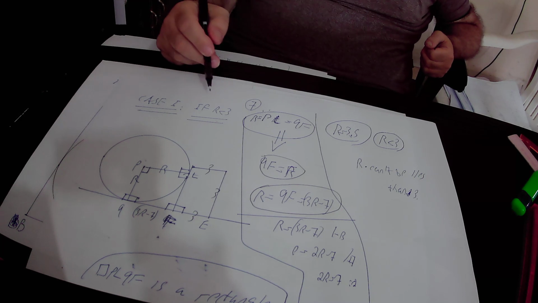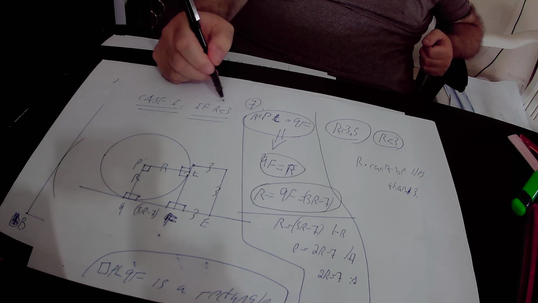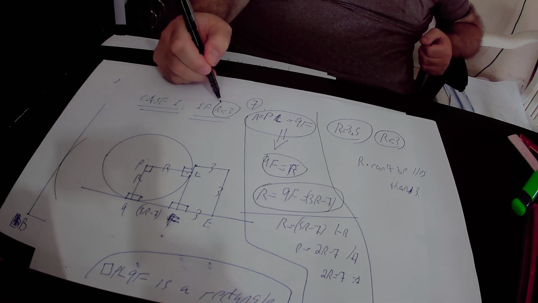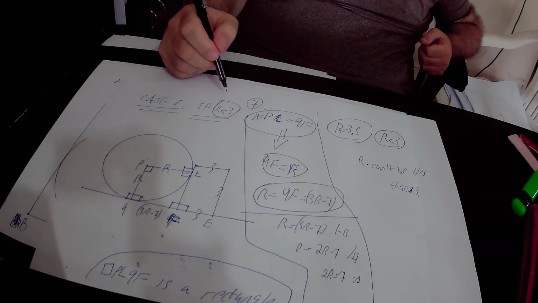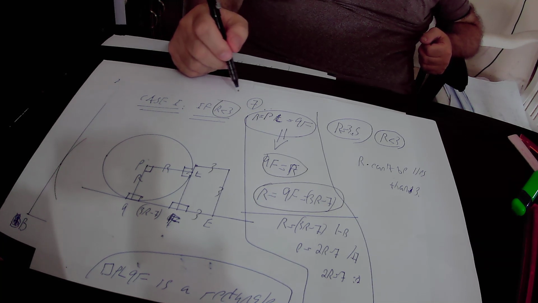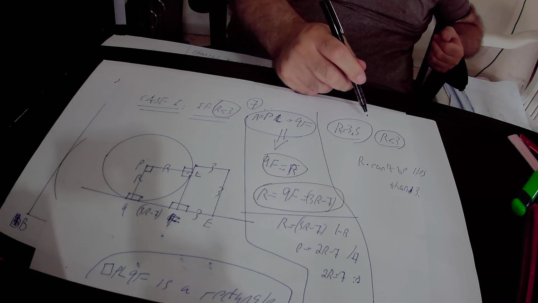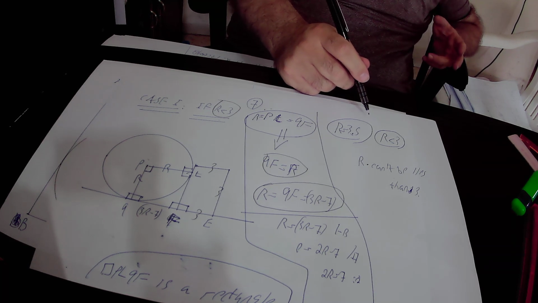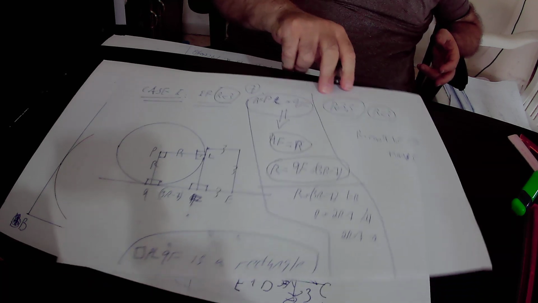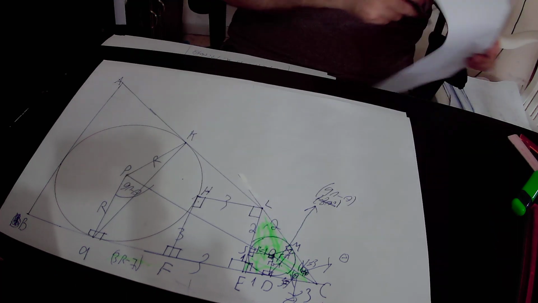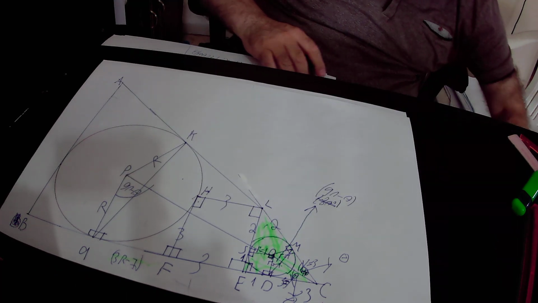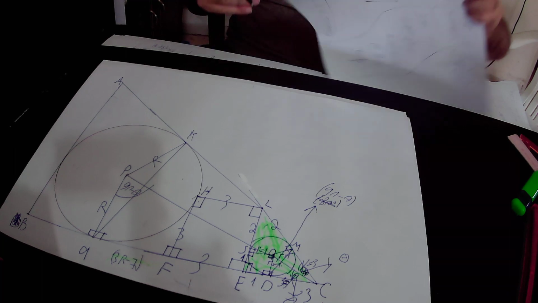But according to our assumption, R is less than 3 units. So R cannot simultaneously be equal to 3.5 units and be less than 3 units. It is a contradiction. Due to the contradiction, we cancel this possibility, that is to say R cannot be less than 3 units. Then we examine the second possibility, that R equals 3 units exactly, therefore we will have this drawing,